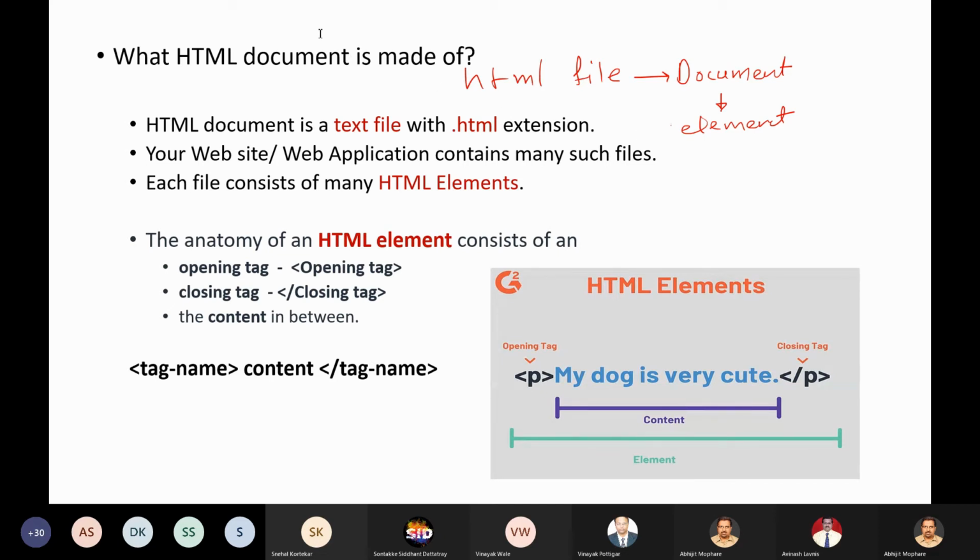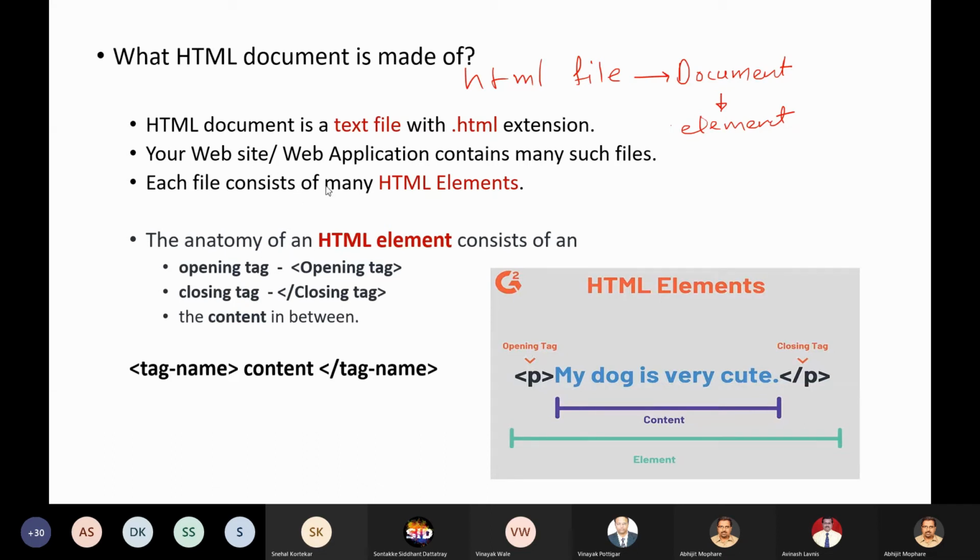Normally, any website or web application contains many such HTML files. So whenever I type google.com, the document that is sent to me by the server contains several files. If I see the source, this is what the several elements look like.